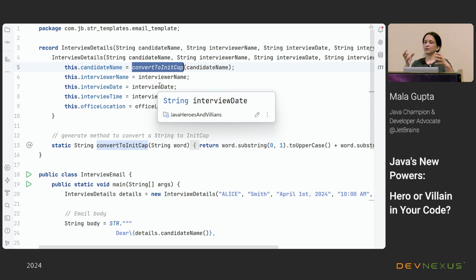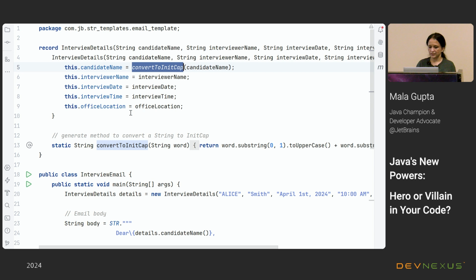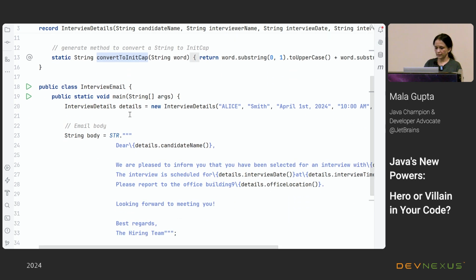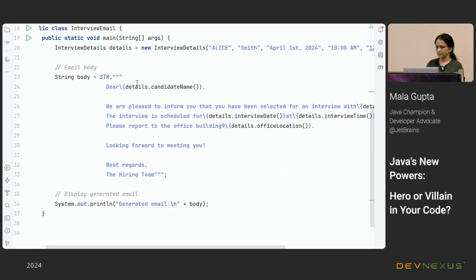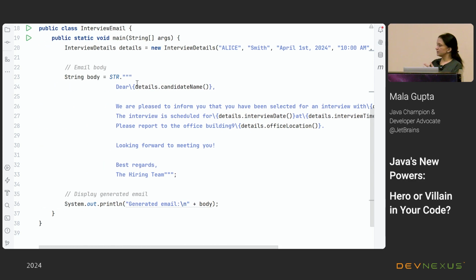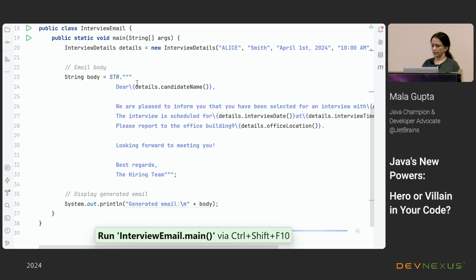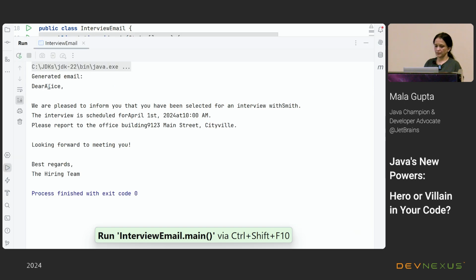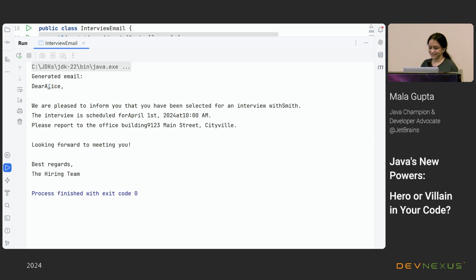Is there a way I could accept the value in a record, and have the constructor do the validation, because we know that constructors can do the validation. So that's one of the ways I can avoid using another custom string template and do it via a record. Again, I'm capturing all the values here, and if I print this, of course, I still need to fix the spaces, but this was about the init cap value that I wanted to show you.